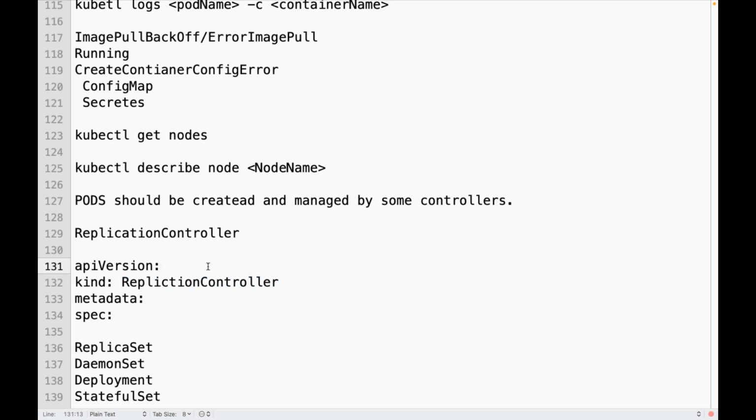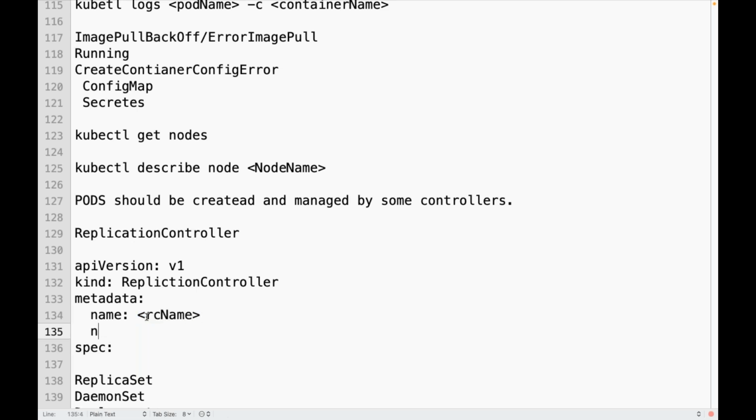I have given the table also, but you can refer from kubectl v1. Metadata, name. Whatever name I am going to give here, is this name for the pod or for the replication controller? This is for a replication controller.